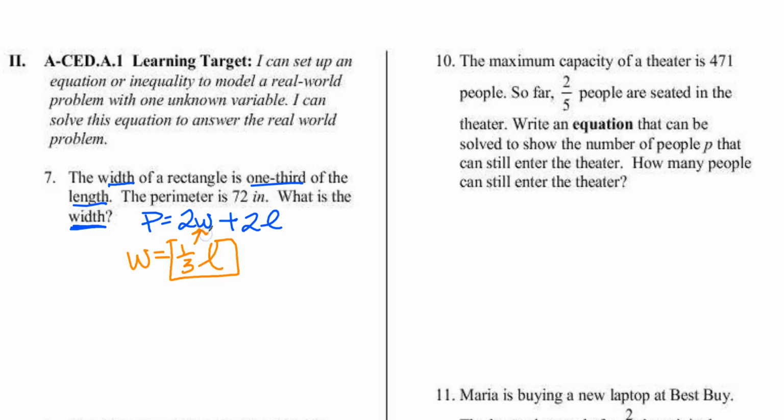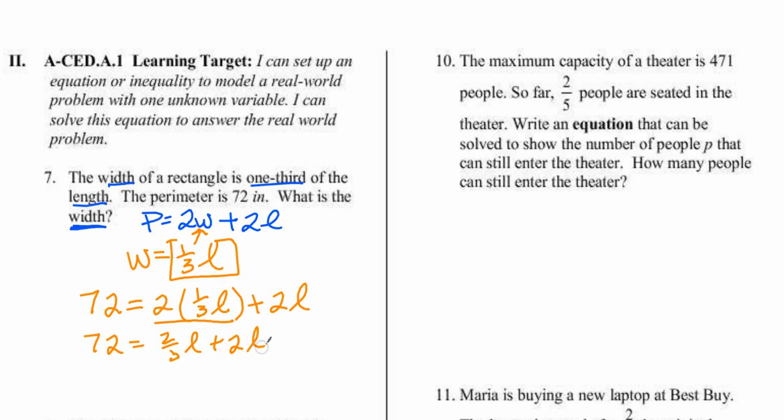So I'm going to replace that width with 1/3 L. The perimeter is 72, so 72 is equal to 2 times 1/3 L, so this is my new width, plus my length, 2L. Going to distribute, so I get 2/3 L plus 2L. Combine like terms, so 72 is equal to 2/3 plus 2 is going to give me 8/3